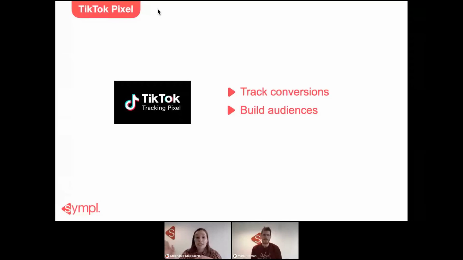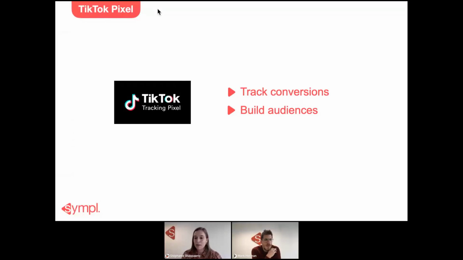For TikTok advertising, yes. The TikTok pixel is not yet as advanced as the Facebook pixel or the LinkedIn pixel, so they're still working on it. You see that they take the know-how from other advertising platforms. So do we. We try to use our know-how from Facebook and Instagram to make TikTok recruitment campaigns. But we must say that there is still some work on the TikTok side itself.